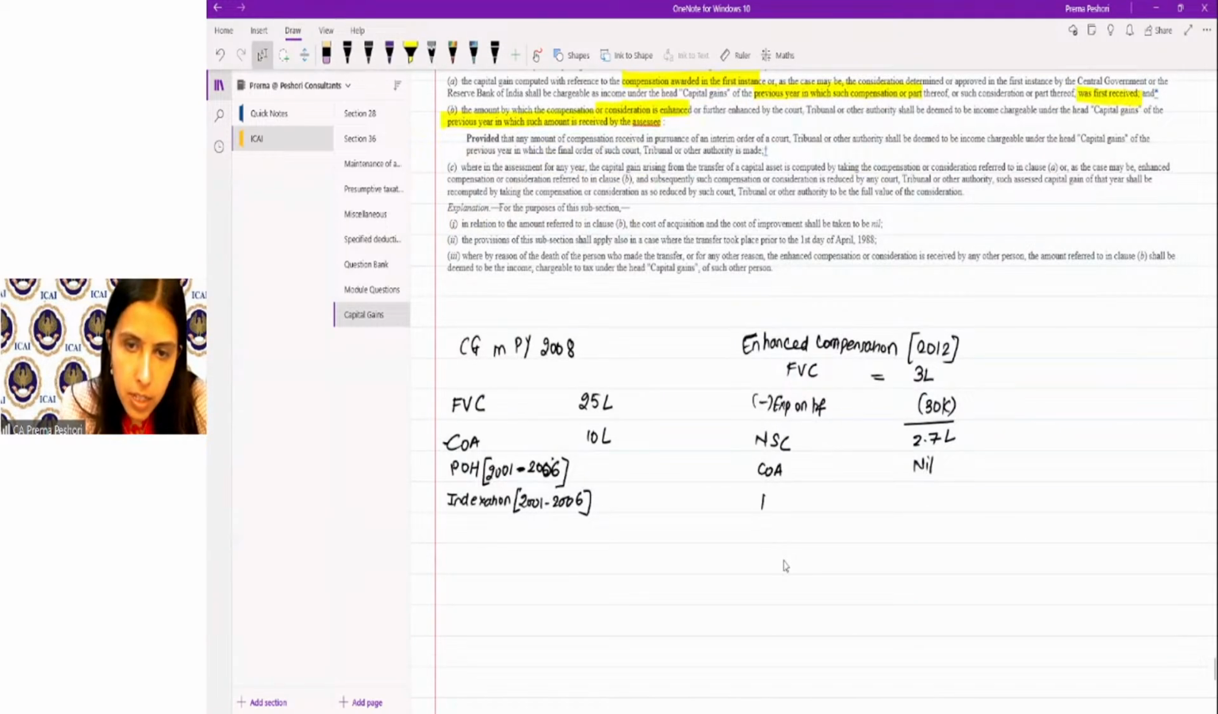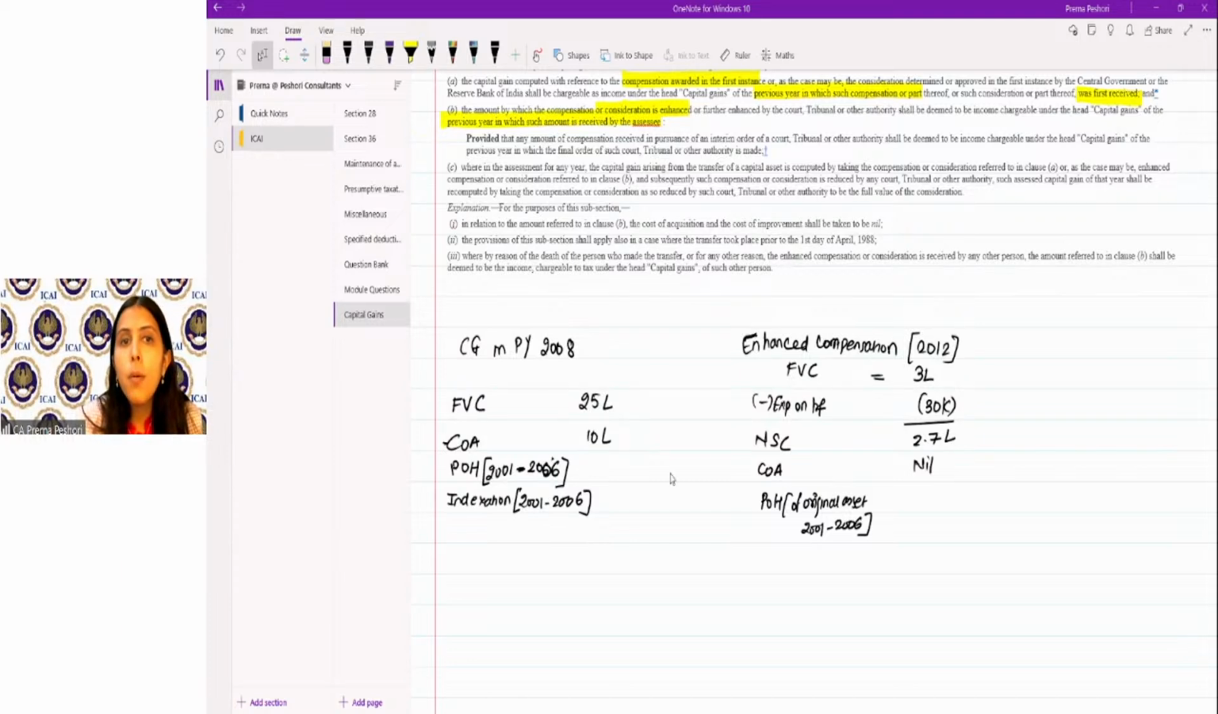Period of holding of the original asset, which is 2001 to 2006. So period of holding will be that of the original asset in this particular case. Are we clear? Cost of acquisition shall be taken as nil. Then,